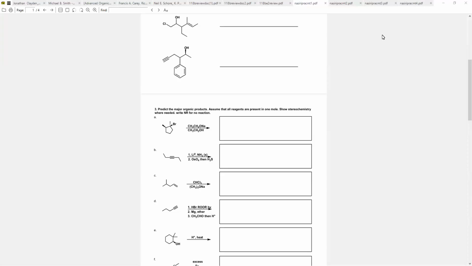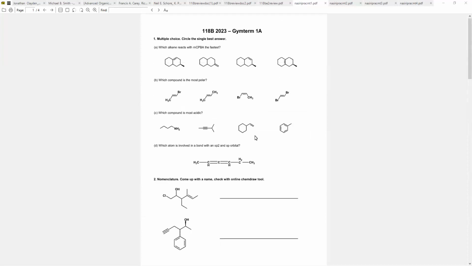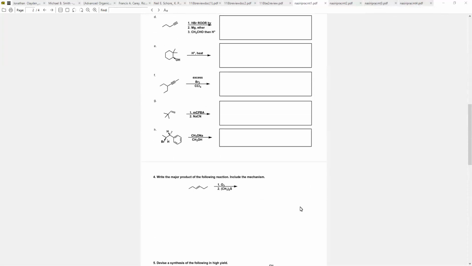Hey guys, this is going to be the gym term 1A walkthrough. Hopefully you guys are studying very hard this week. I know your exams are on Thursday, and I imagine a lot of you are worried given the limited amount of practice, which is why I wrote the 4 practice exams to open up the amount of practice you have,